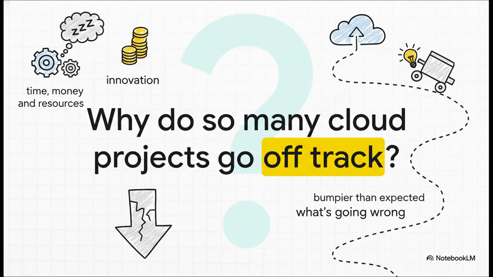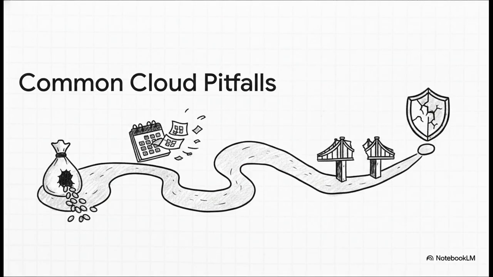You know, it's the question that probably keeps a lot of leaders up at night. You're investing all this time, money, and your best people with this promise of amazing innovation and efficiency. But the path is often way bumpier than anyone expects. So what's really going wrong here? Well, if you don't have a clear plan, you slam right into these all-too-common pitfalls. Projects go way over budget, you start missing key deadlines, and, this is a big one, critical gaps in governance and security can leave your whole organization exposed. These aren't just little hiccups, they can completely derail your entire transformation.